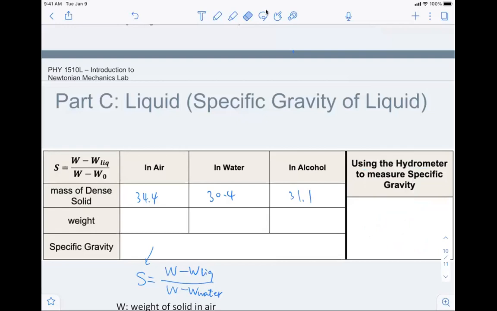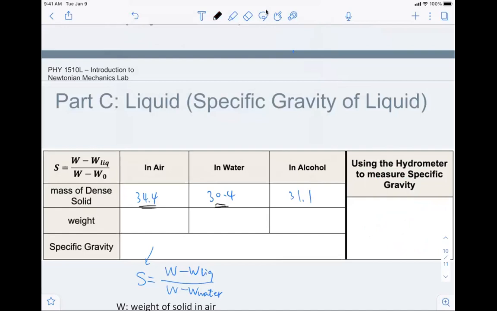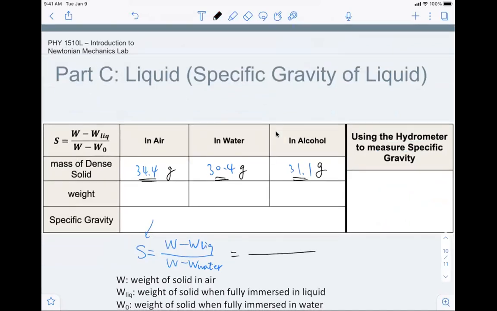So that's the reading you have just seen in the video, right? These two are carried over, in grams, from the previous step, so you don't have to measure them again. The one that's new is 31.1. So you can see that if you do this calculation, and again, we show what the weight is, but in terms of calculation, you can use the mass directly. The mass in air minus the mass in the liquid, divided by the mass in air minus the mass in water. So this is going to be 3.3 divided by 4. Okay, so that gives you